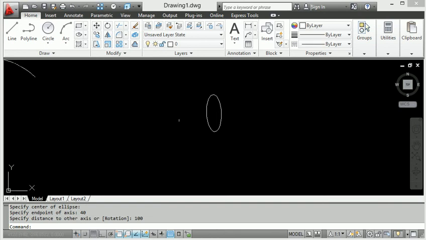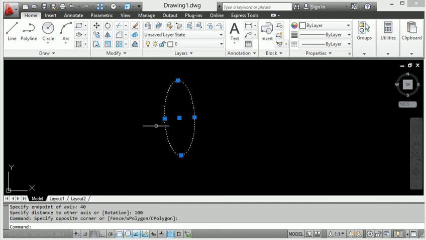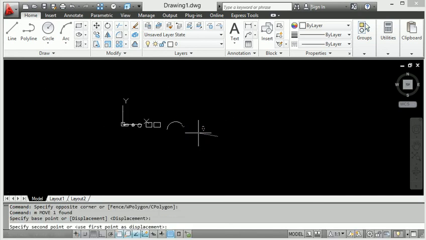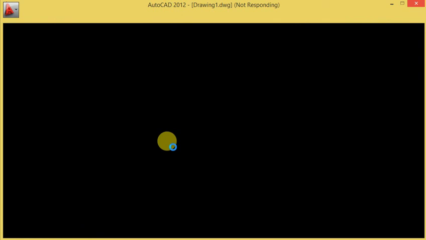So now you see we make the ellipse, 40 and 100. So this one is used by directly selecting the command, and after that we make the ellipse here.